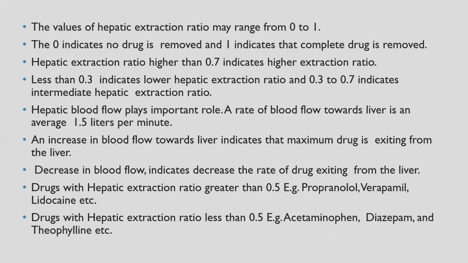Urinary blood flow is also important for the renal clearance. So if there is an increase in the blood flow towards the liver, it indicates that the maximum drug will be exiting from